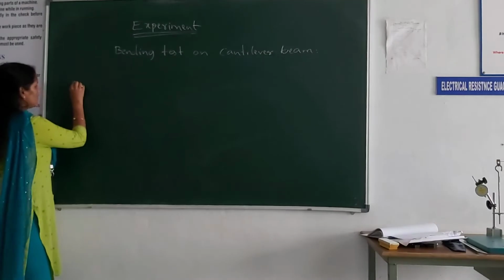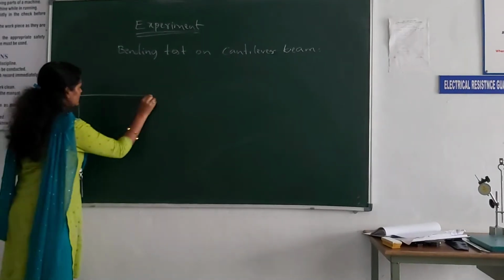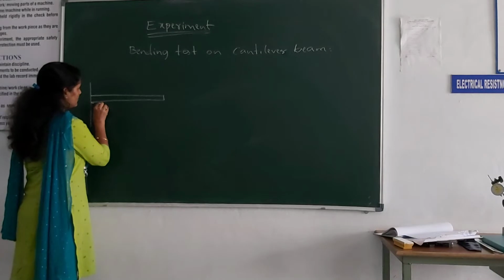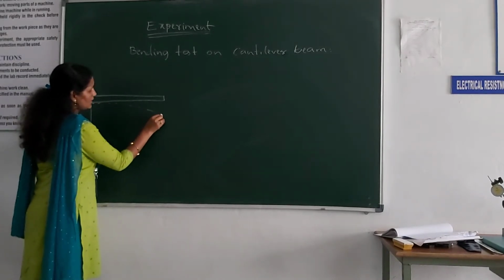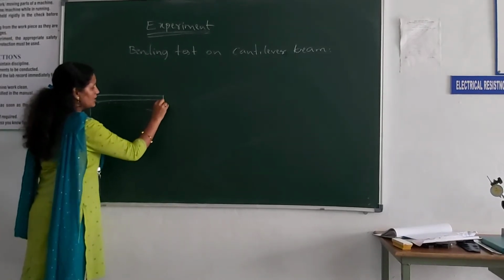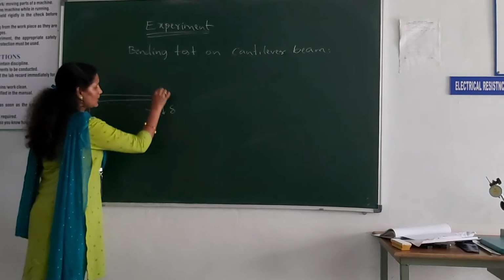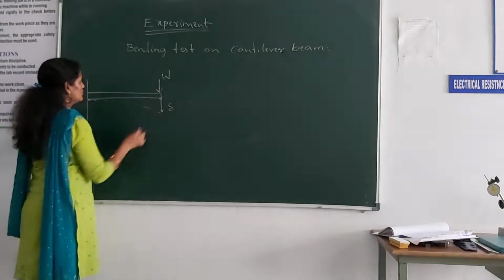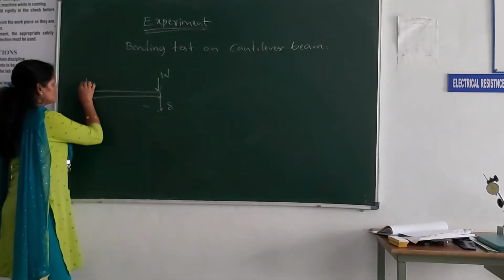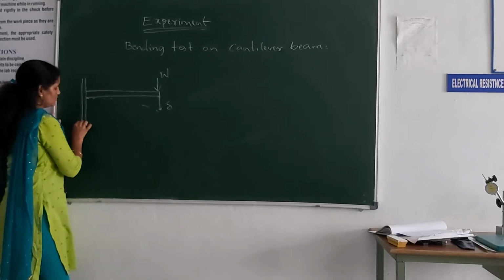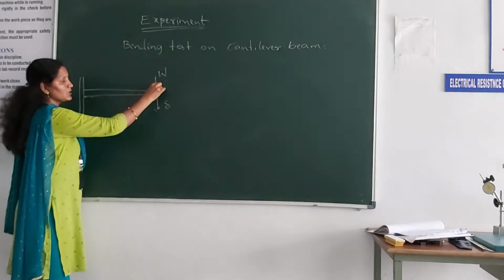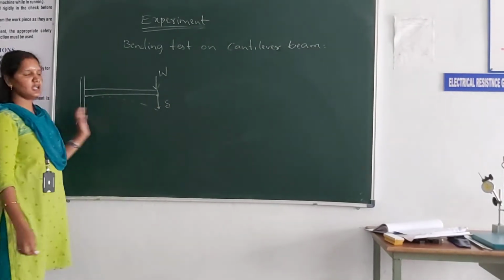The bending moment and the maximum deflection in the cantilever beam will occur at the free end. Wherever the free end is, we get the maximum deflection when we apply the load, because it is far away from the support. This is the fixed support, and here we are applying the load so that we get the deflection at